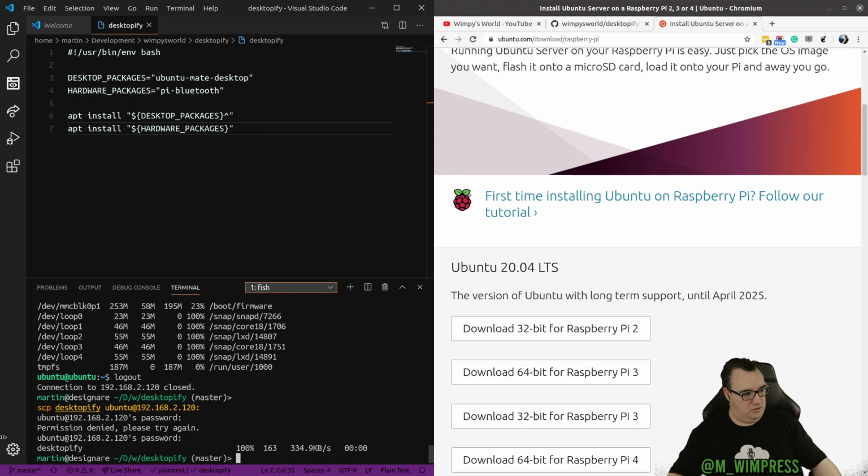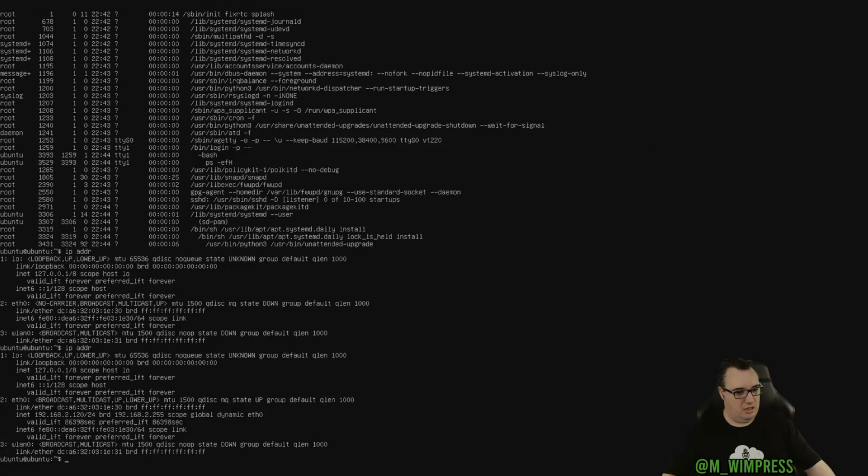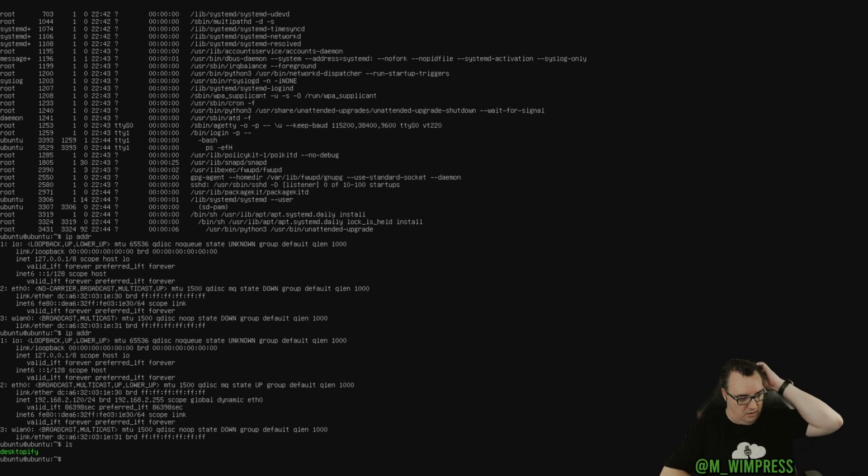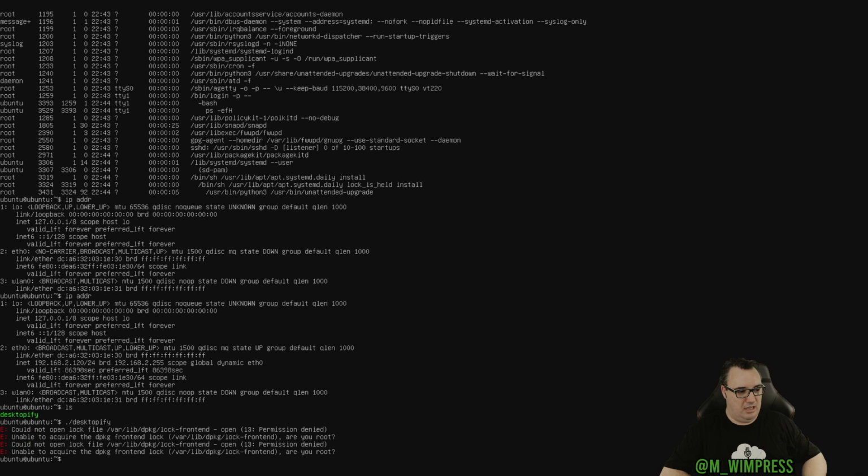So if we now switch to the Pi capture, here we go. So I've hopefully got the correct thing. There it is. So if I run this, I'm doing this deliberately the wrong way. I know this is going to fail. It failed because I ran it as a regular user. So what we'll do is